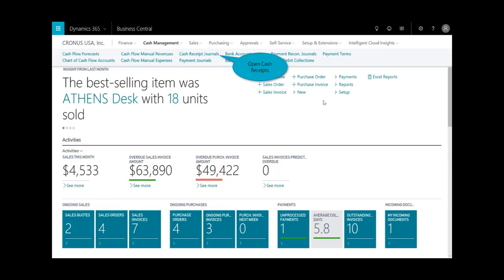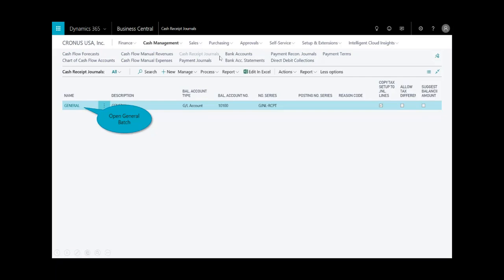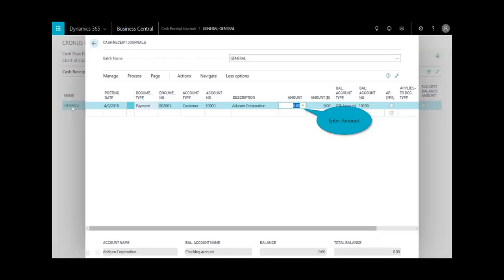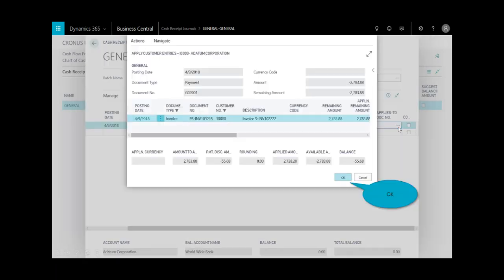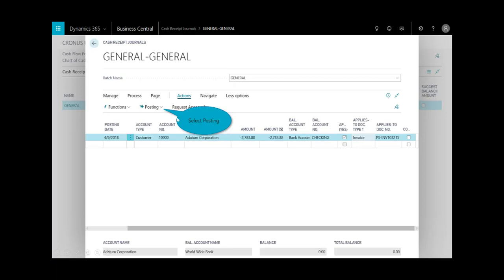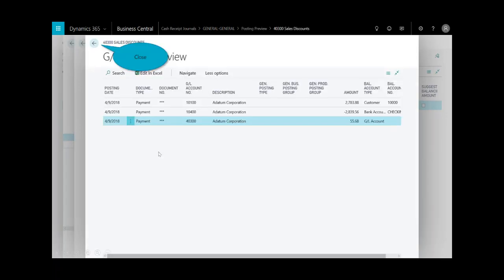And then the last step would be to convert to cash. So under cash management, this is where the business users, the accountant folks, would come into the cash receipt journal. We'd open up the cash receipts. I'll click on the general batch. This is a payment from that customer that we received. I'll enter in the amount of $2,783. And I will apply that to this document that we had created, and I'll select OK. And then I just go ahead and preview that post just to make sure I understand what's happening. I'm crediting and debiting,